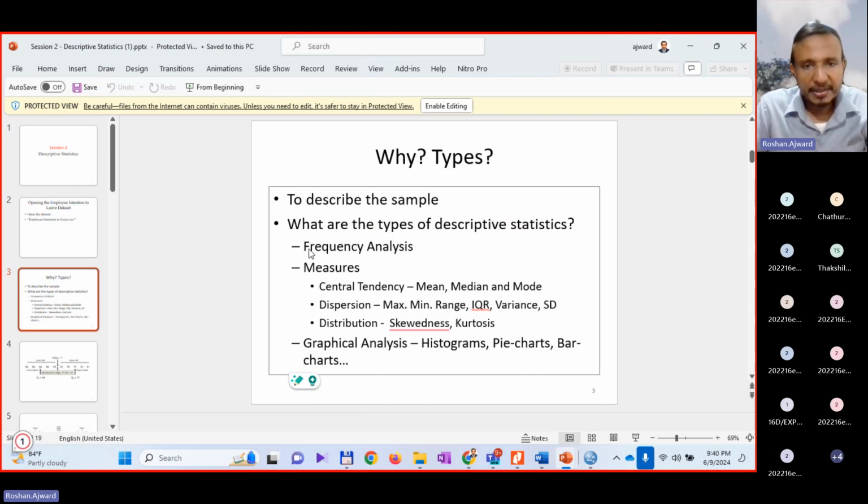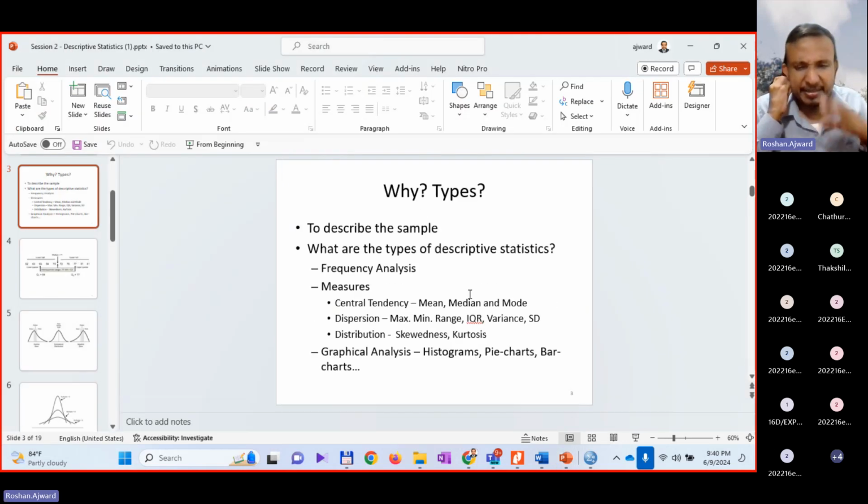You can see the first one is frequency analysis. We will see how to perform frequency analysis, and that's one of my main objectives of doing this revision. So you will understand. Now let's say for an example,